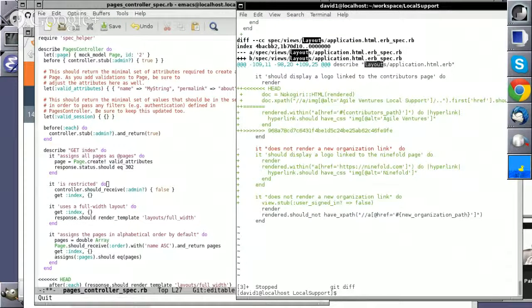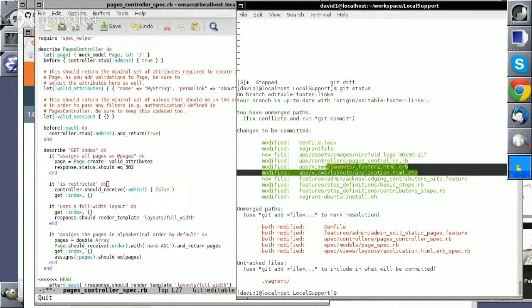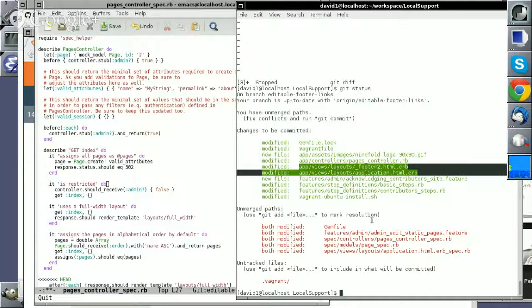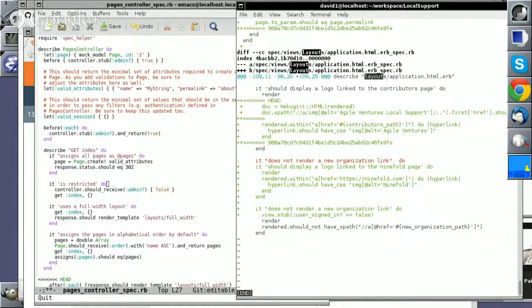It's these two that I'm trying to find. Modified app views layouts, footer 2 and application. Hmm, we just saw application, didn't we? No, we saw the spec for application. We saw this one. Oh, okay. So maybe I'm looking. It's either the